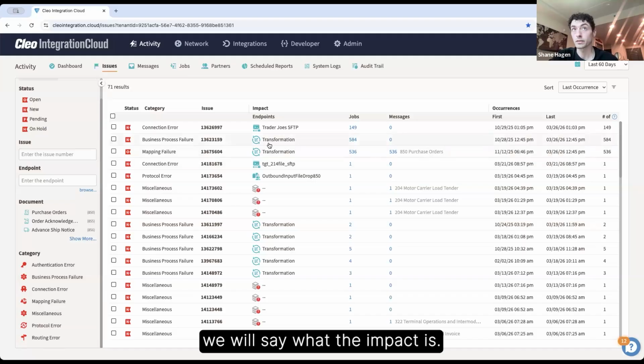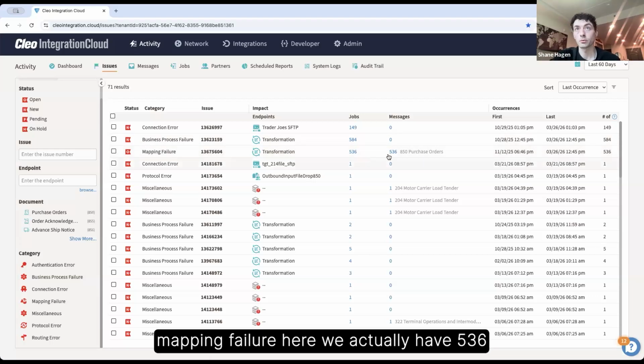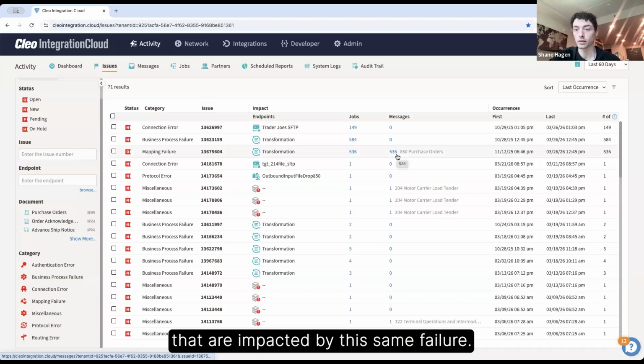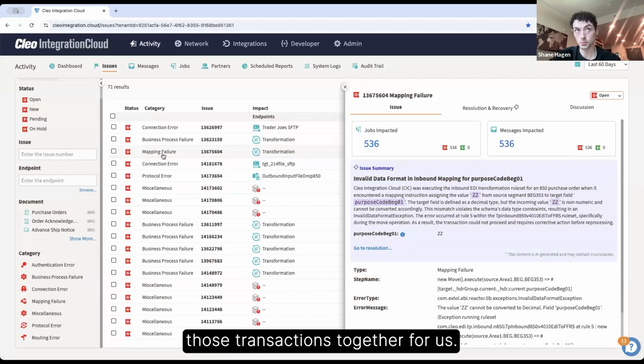We will say what the impact is, so where it failed and how many jobs or messages were impacted. So in this case, with this mapping failure here, we actually have 536 purchase orders that are impacted by this same failure. So the platform has automatically grouped those transactions together for us.